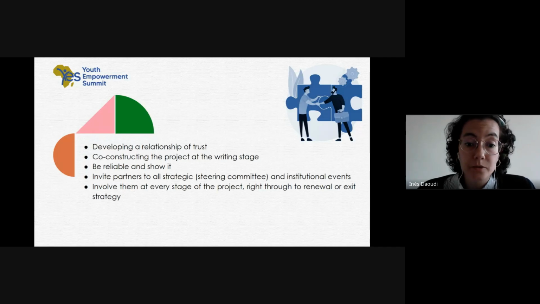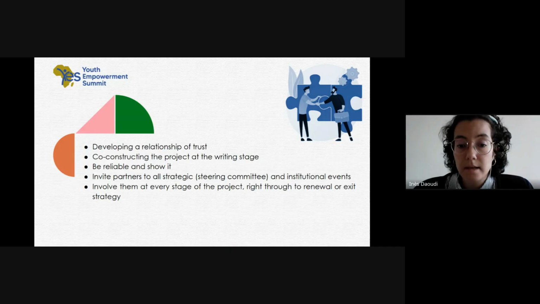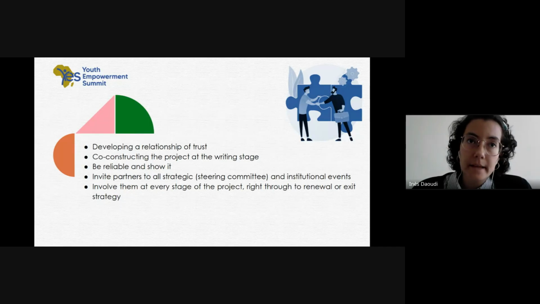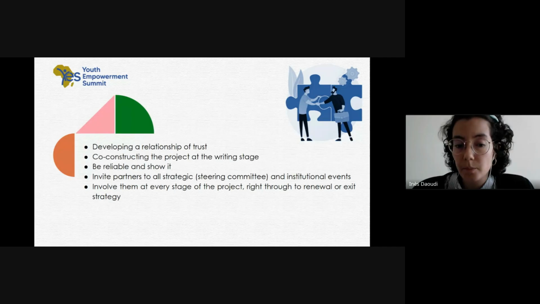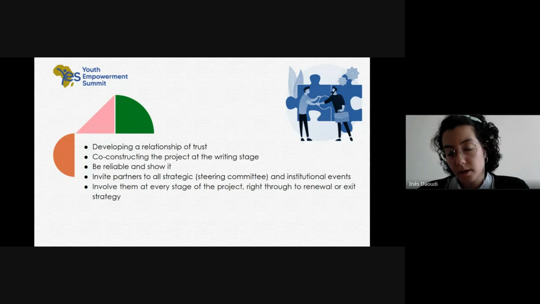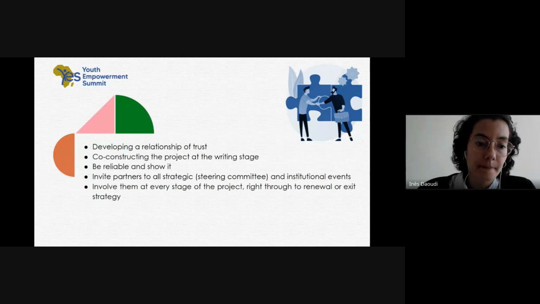So for example, if you implement an agricultural development project, you can regularly invite donor representatives on field visits to observe farmers' progress, to see how they're working, how the project is being implemented. If you really involve the donor in project implementation, it will strengthen the trust relationship. And the donor is really going to feel like he is a part of the project's success, and he will be willing to support you more in the future.